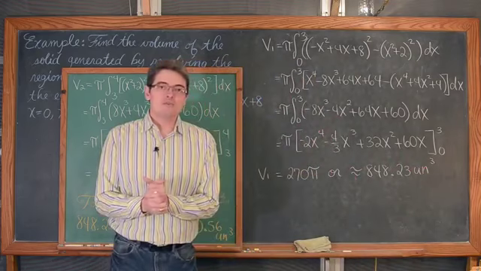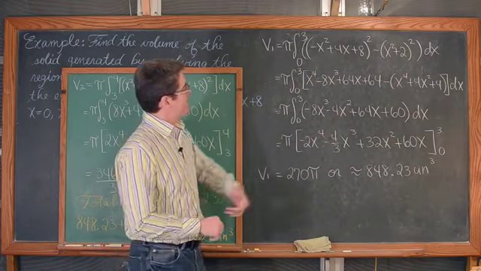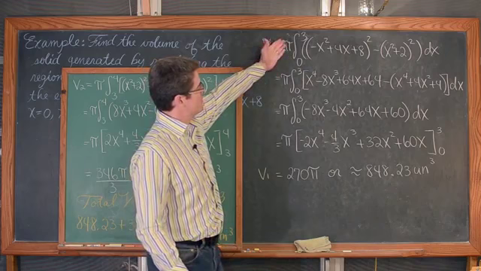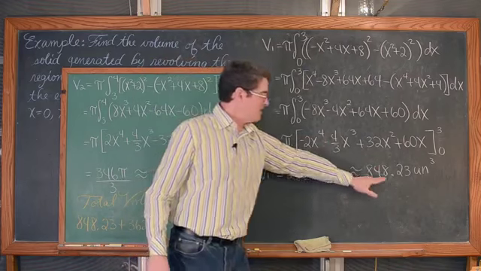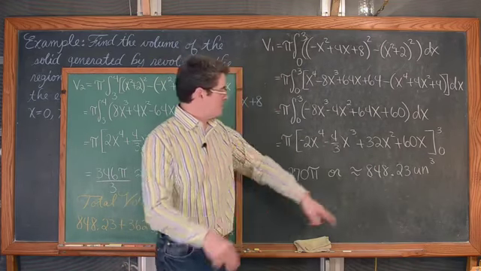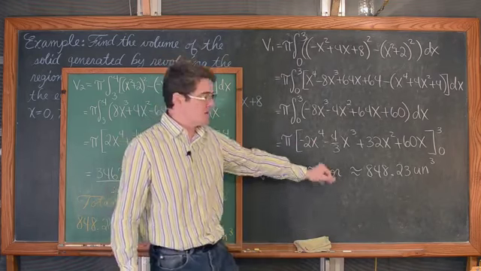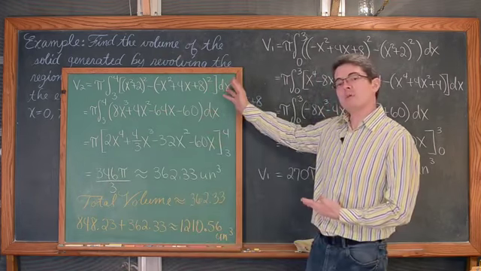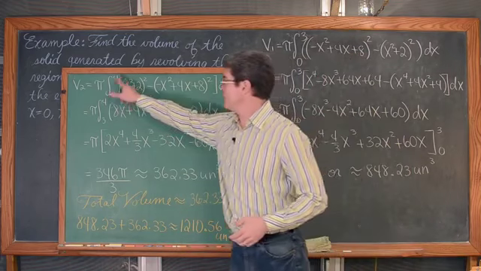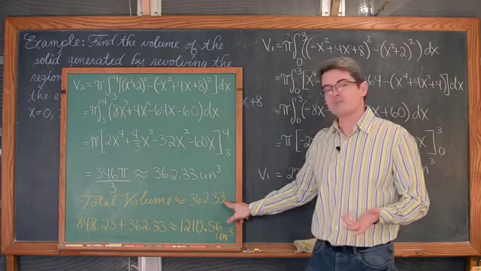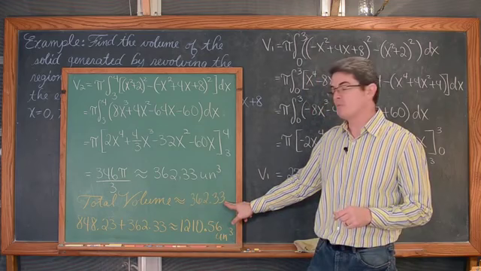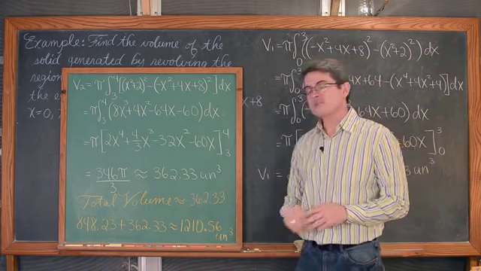As we saw, those graphs did intersect at that value of 3. So we have a definite integral from 0 to 3, giving us a volume after the rotation of 848.23 cubic units, approximately. And then setting up another definite integral from 3 to 4, we have another volume, which is approximately equal to 362.33, giving us a total volume of